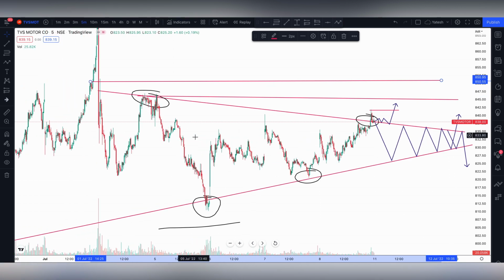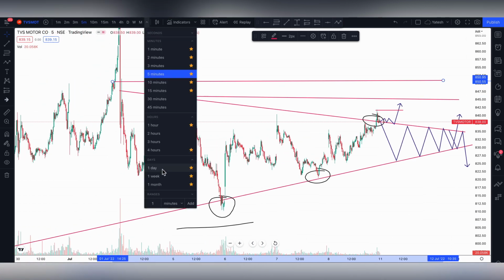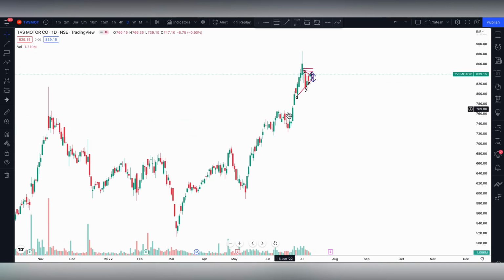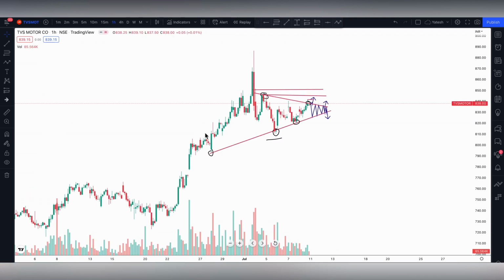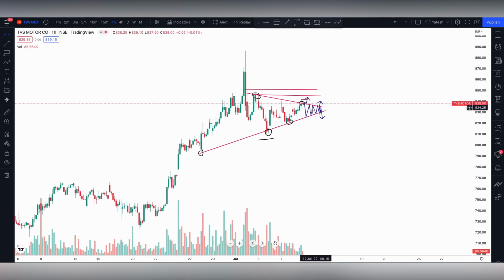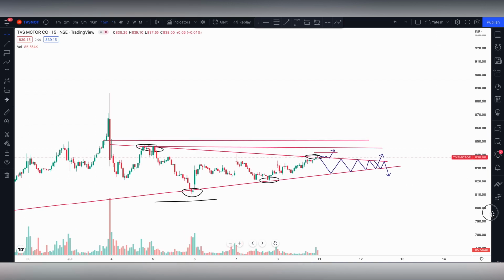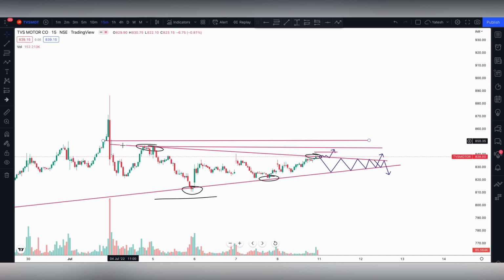So let's recap. What did we do? First we switched to the daily time frame and understood the current trend of the stock, right? The stock is making higher lows and higher highs. Then we started to identify what kind of pattern the market is doing on a lower time frame. We cannot trade on 1 hour for intraday, right? We just used the 1 hour time frame to see if there is any trend which the market is respecting. In this 1 hour time frame, we found the support and resistance levels. Again, when we switched to the 15 minutes time frame, the market was still respecting this symmetric pattern.